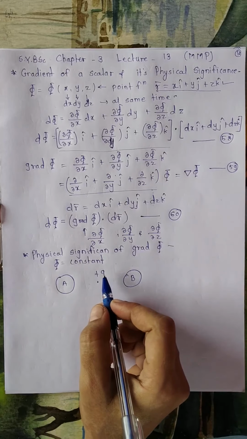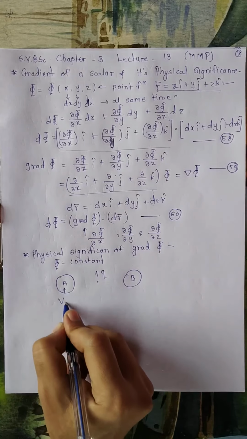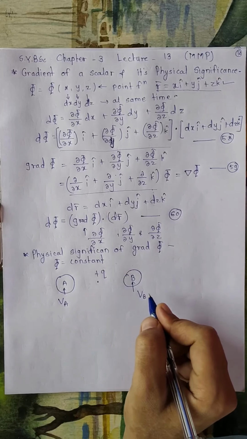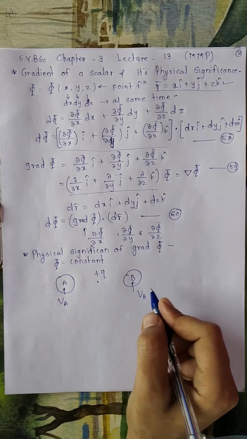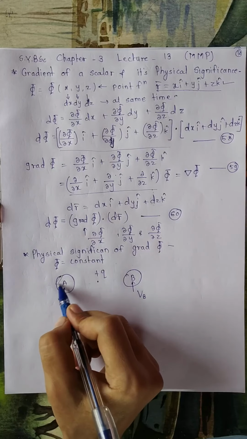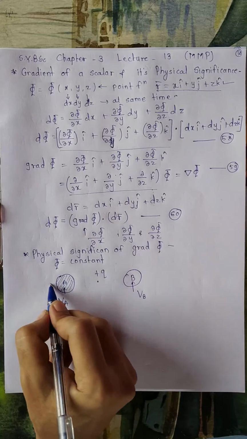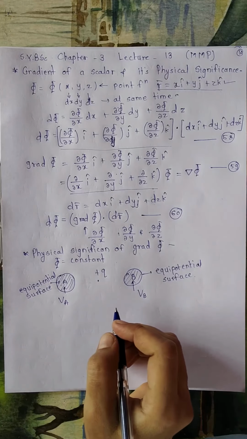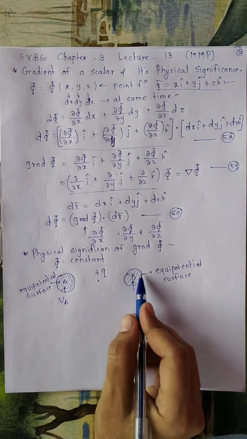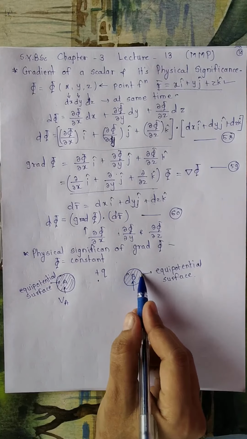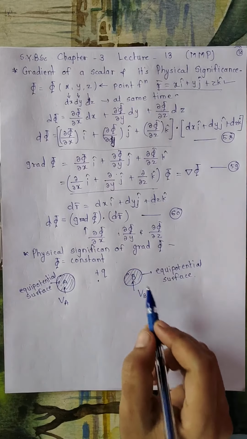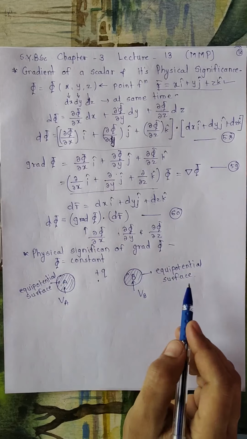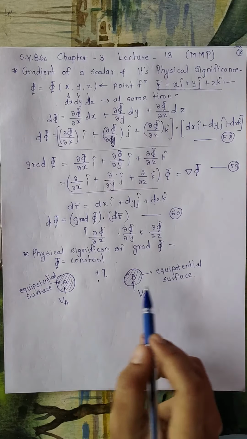Therefore, the potential on this surface is taken as VA and for the surface B it is VB. So, the potential at all the points on A will be the same. So, this is known as an equipotential surface. And also for the surface B, potential at every point on this surface B is the same. So this is also known as an equipotential surface. So A and B are the surfaces in electric field which are known as the equipotential surfaces.